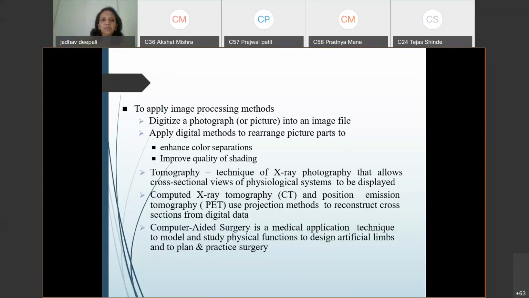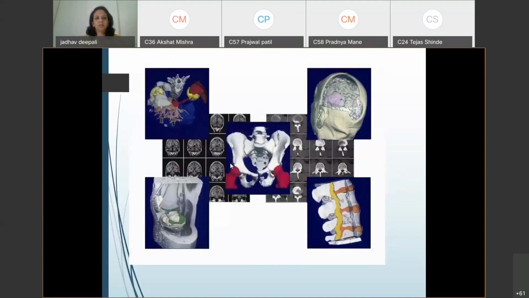So to apply image processing, other methods are also there. For another example, X-ray photographs are used. For surgery purposes in medicine, X-ray photographs are used. So that is the example shown here. See, if it's a color image, normally the color image is not used directly for research purposes.